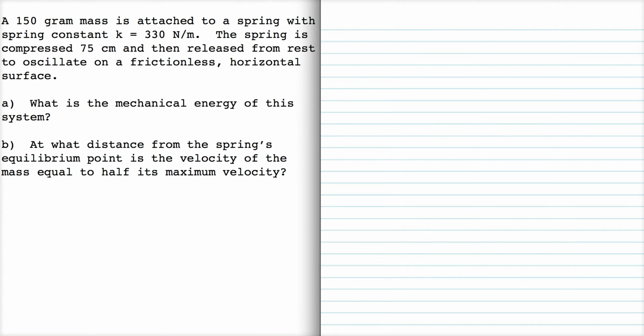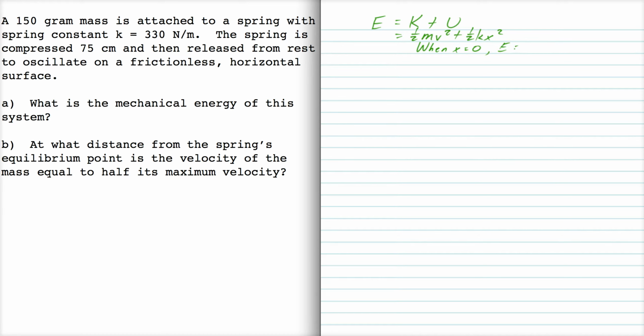This is an oscillator problem. So the mechanical energy of the system, the formula for mechanical energy is kinetic energy plus potential energy. So that's going to be 1/2 mv squared plus 1/2 kx squared for the spring. The easiest way to calculate mechanical energy is to look at one of the critical points. For example, when x equals 0,